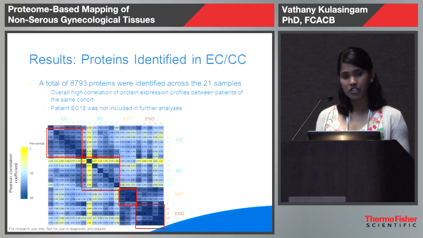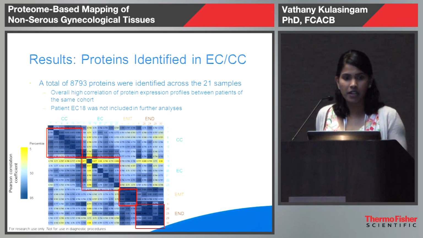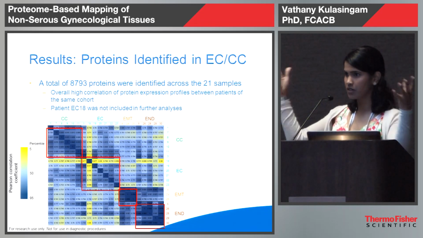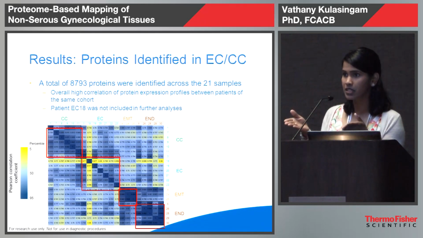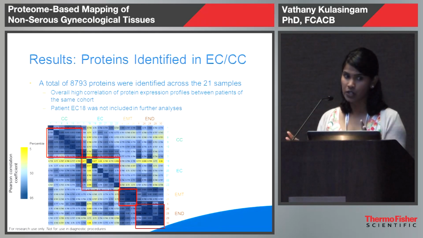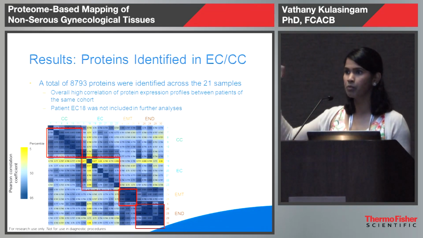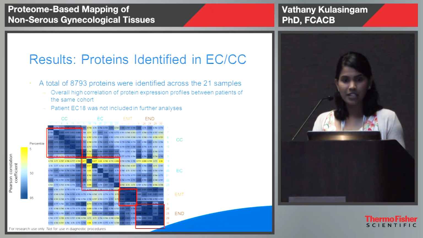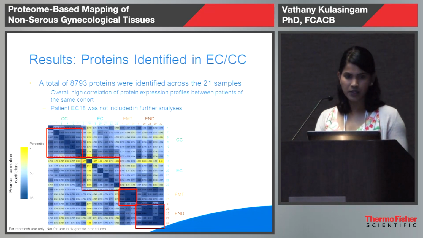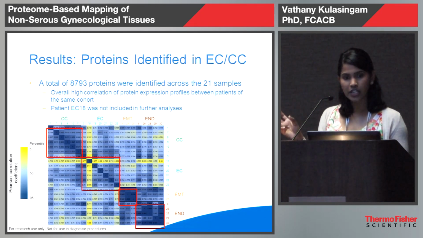So the housekeeping genes are quite consistent, but how about the other proteins? And that's really what we're interested in. So in total, and I want to focus really, because I had way too much data, I want to focus on the endometrioid clear cell carcinoma proteome here. So I won't be talking about the mucinous or mucinous cyst adenoma. In total, we identified about 9,000 proteins in these 21 samples, and there's a high correlation of protein expression profiles